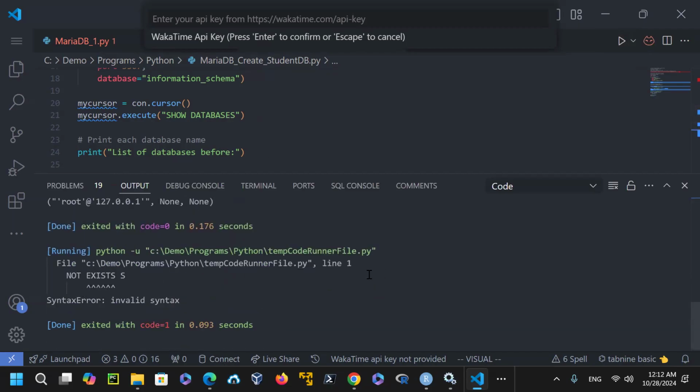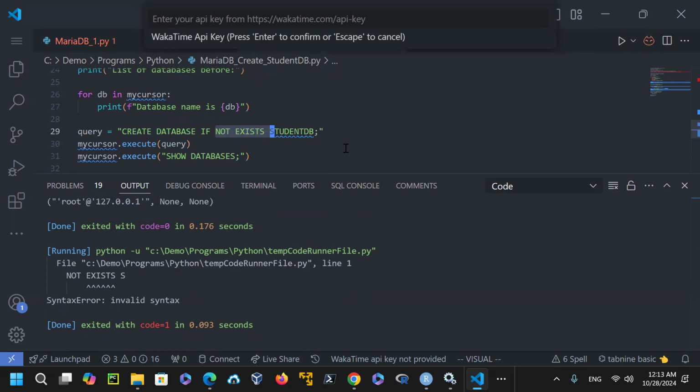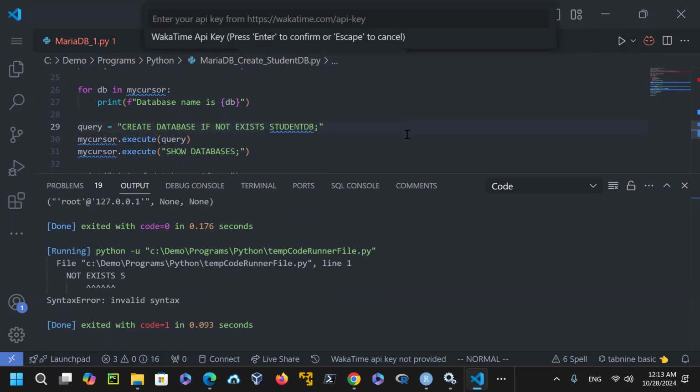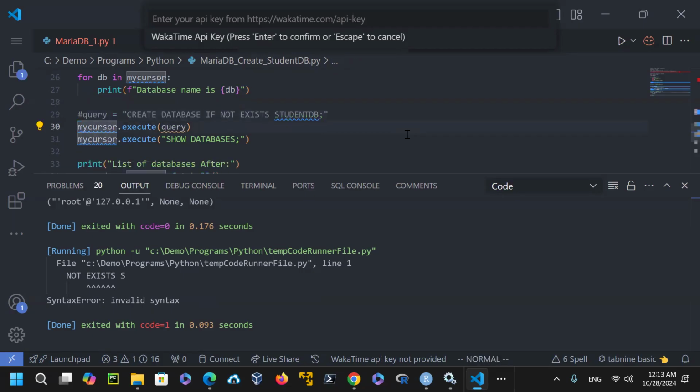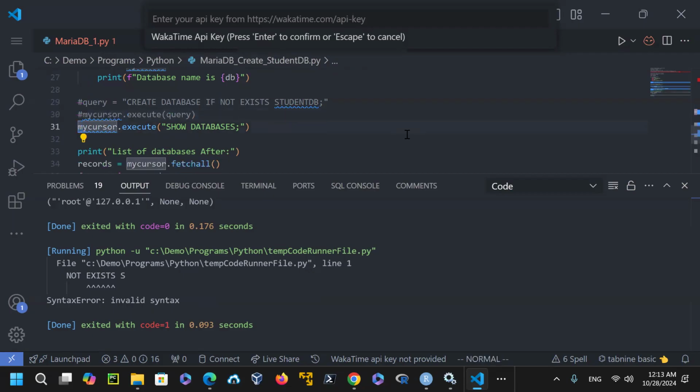And if not exist, this one, line 1, invalid syntax. Let's see, if not exist, query database if not exist, student 1. Since student DB actually exists, it is not going to do that one because it's a warning. Remember, the warning comes in because it says if not exist. So I'm going to comment this line out, and then this execute command is not going to do it, but